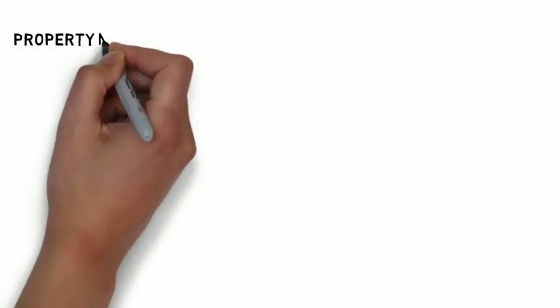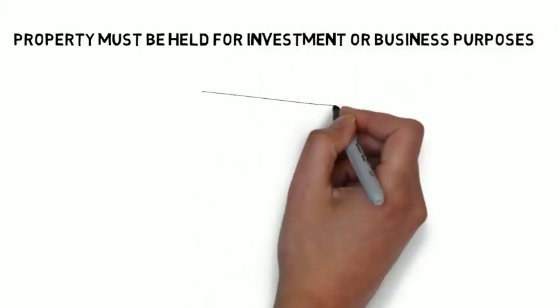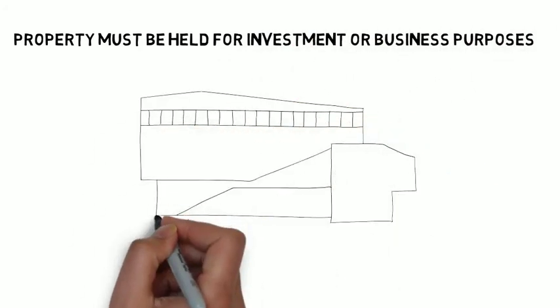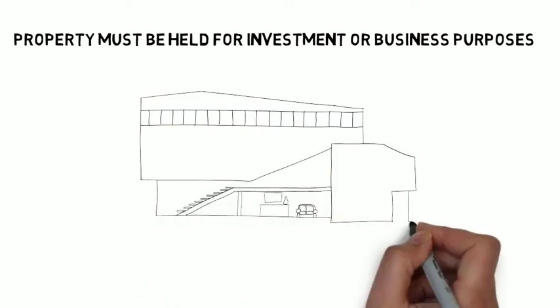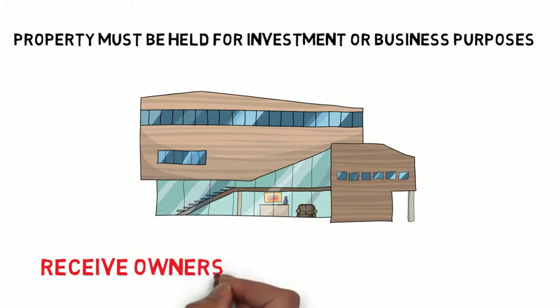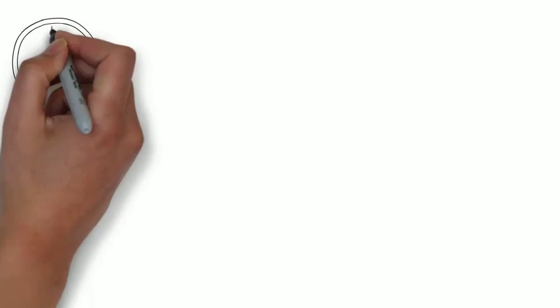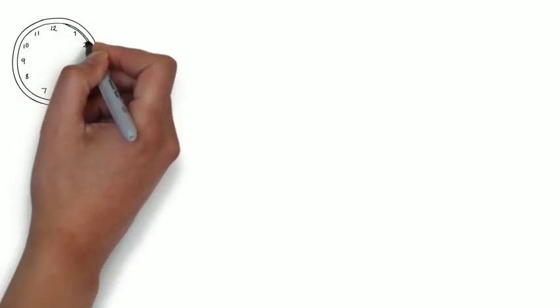Remember that 1031 says that you must have held the property for investment or business purposes, so these individual owners are going to want to satisfy the holding requirement and receive ownership well prior to any sale or disposition of the relinquished property. If you do the drop and swap on the 11th hour, right before the sale is to